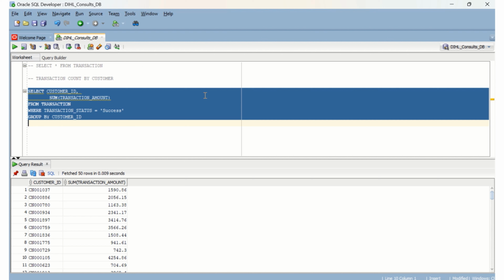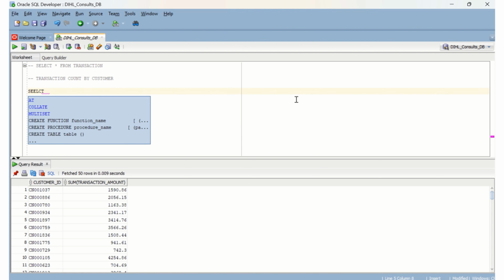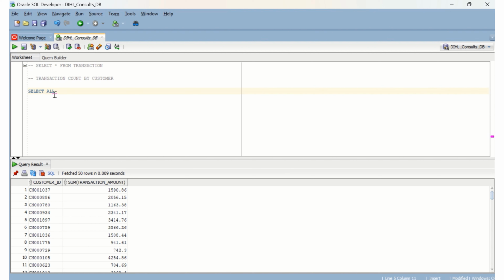So let's look at the top 10 largest transactions for successful transactions. So it says select all, but what SQL will understand, instead of putting all, is star. So select all from